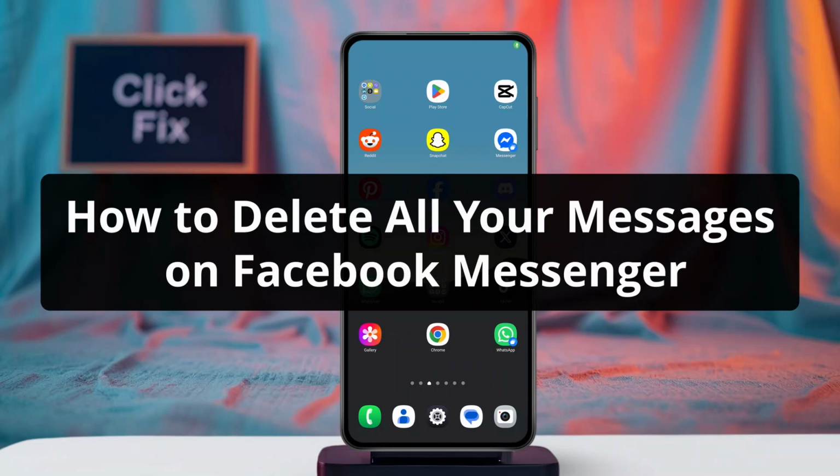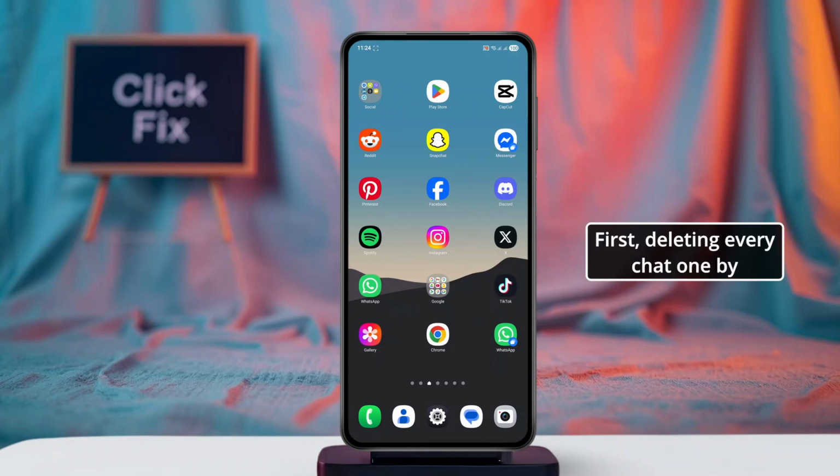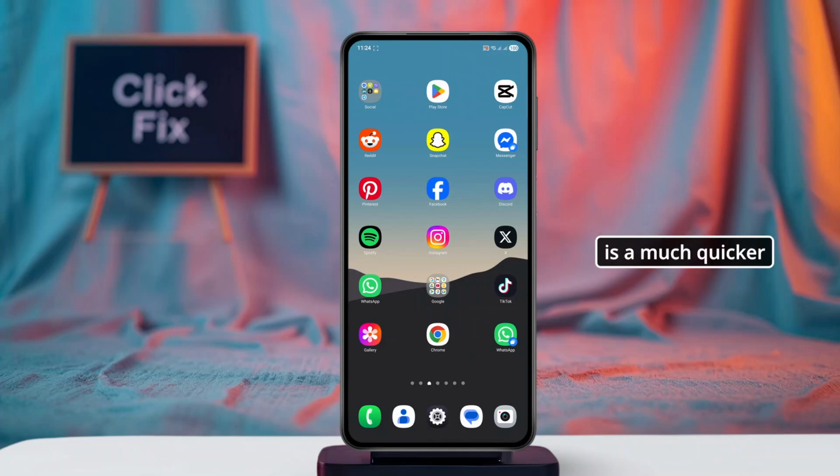How to delete all your messages on Facebook Messenger on Android. This tutorial shows you how to quickly clear your entire inbox without deleting chats one by one. First, deleting every chat one by one can be a real hassle, so here is a much quicker way to